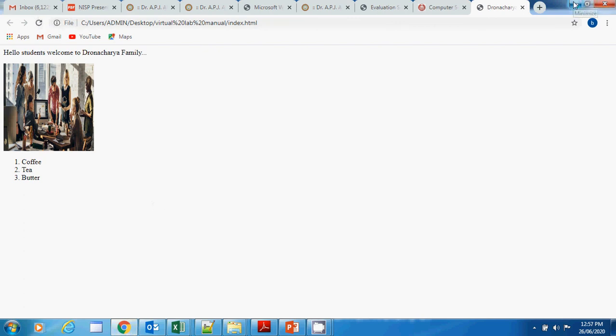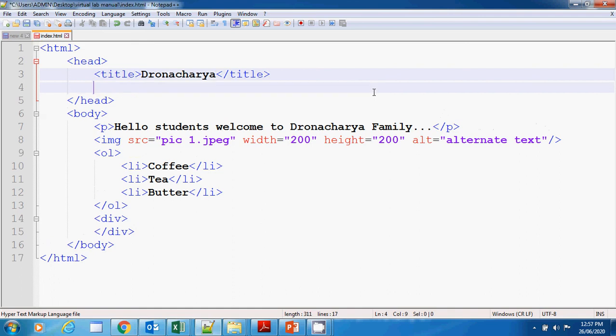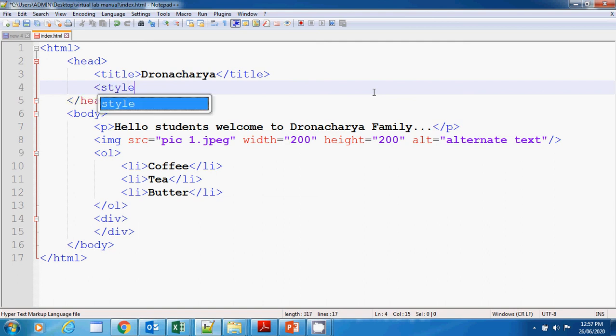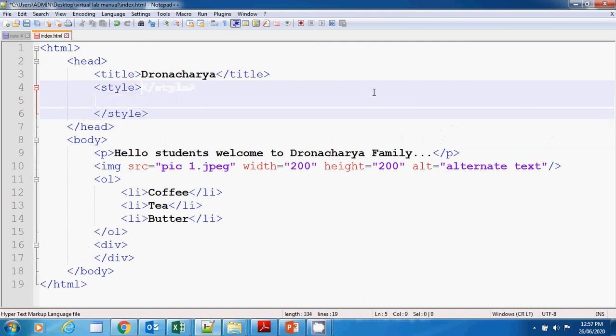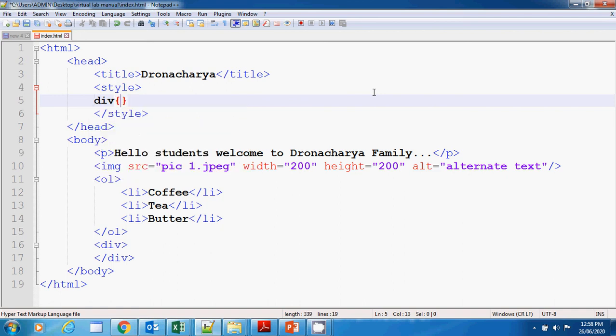So if I want to display a div section, meaning a division, I need to write CSS for that. CSS means cascading style sheet. So 3 types of CSS are there, basically internal, inline and external CSS. So I am writing internal CSS, which will be inside our head tag with the style tag. Inside this style tag I am using the selector div, because right now I am having only one div in my page. I am not using the concept of class and ID right now.